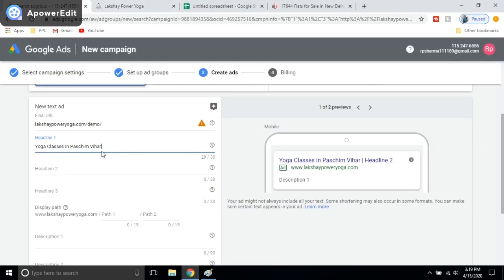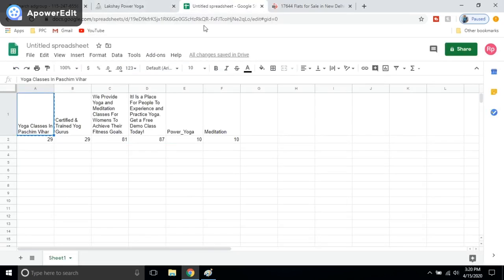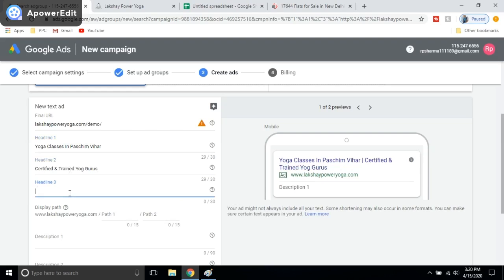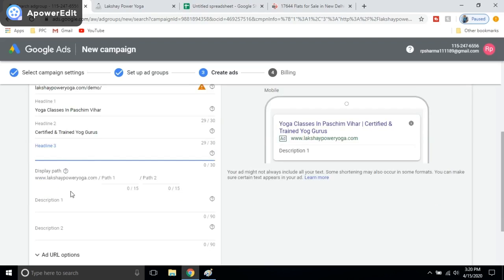We have to keep in mind while creating ads that it should not exceed the limit provided by Google. Otherwise we will not be able to create the ads. Now headline 2, headline 3 as well. There are 3 headlines and 2 descriptions.